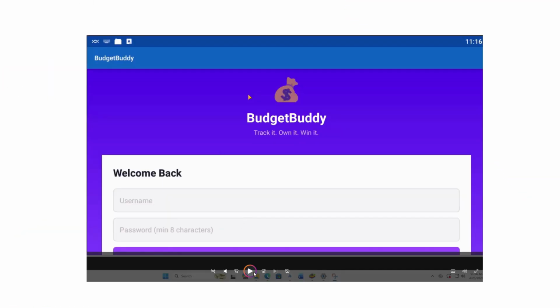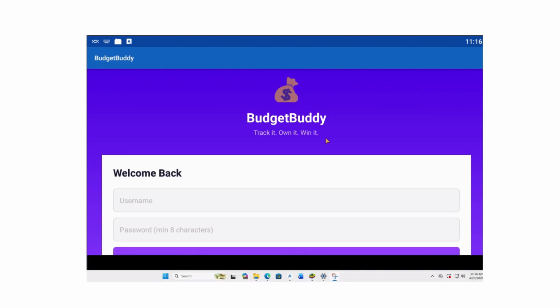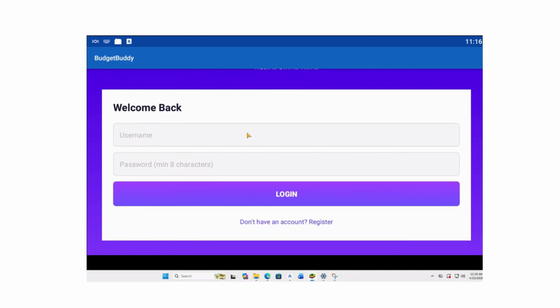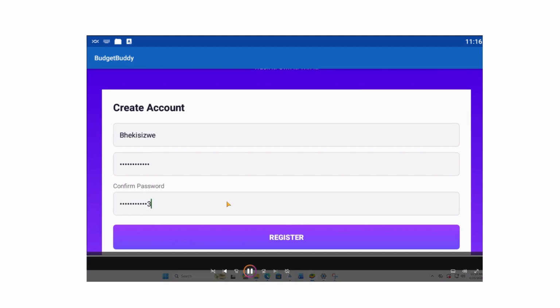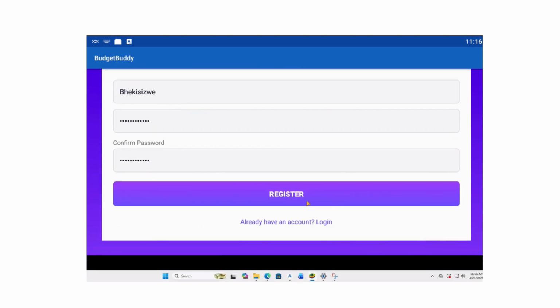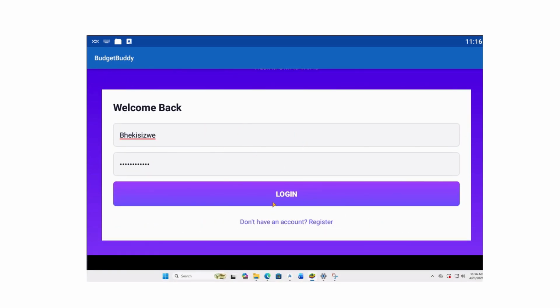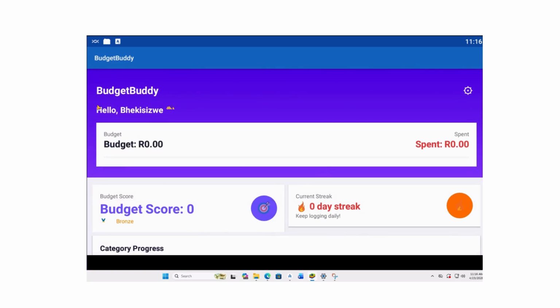Alright. So right now we should be on our first page, which is our login page. First things first, we're going to create an account. So I am going to click on register, type in my username, type in my password, confirm my password, and then click on register. And then login. So first thing that we see is our dashboard, which indicates your username, the budget, and